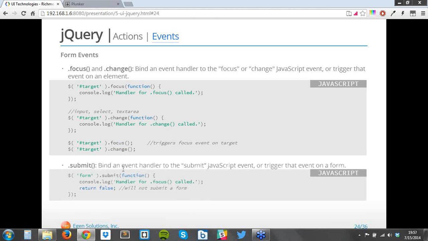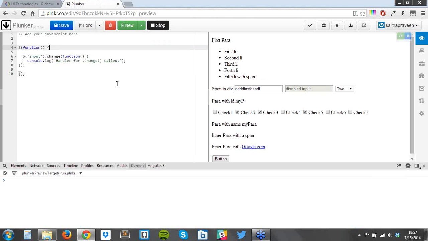What else? Then yeah, a special one, which is submit for the form. If you want to intercept the submit event of the form, you can just use the submit event, and jQuery will call the submit handler first, and then it will submit the form to the backend, or to the action attribute of the form. If you don't want to submit that, just return false from there. So for example,